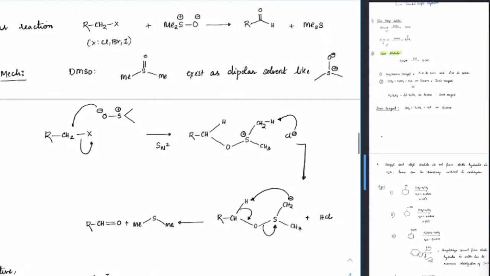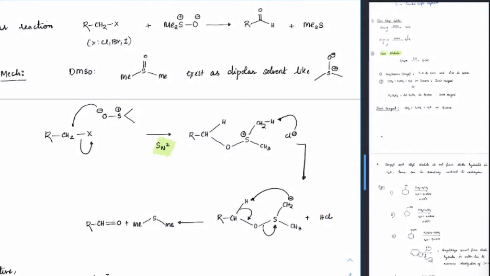In this reaction, what happens? The lone pair present on oxygen will attack and X minus is removed. An important point to be noted is that this mechanism is driven by SN2, which means if you have bulky groups, this reaction would be reluctant, so you may not see it happening. Then the oxygen is connected to sulfur. The halide which has left will abstract the proton present on this CH3 here. Sulfur has a complete positive charge, which is why this hydrogen is acidic enough that the chloride can pull it out.